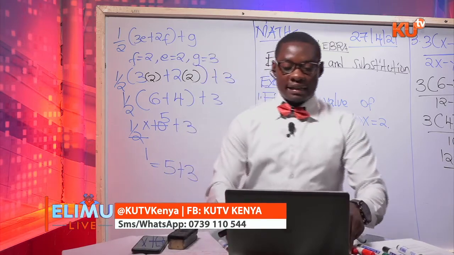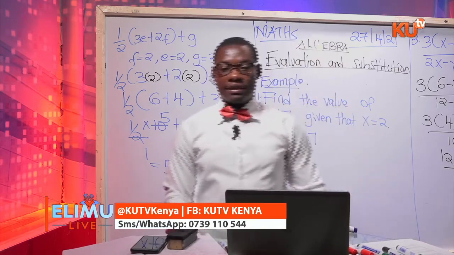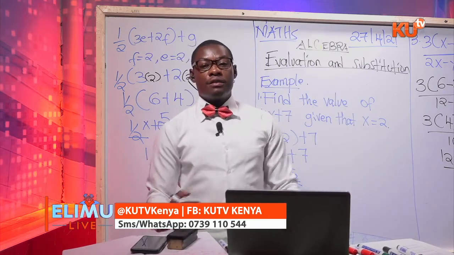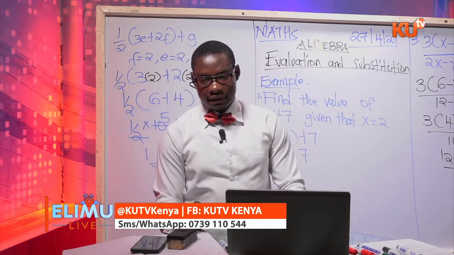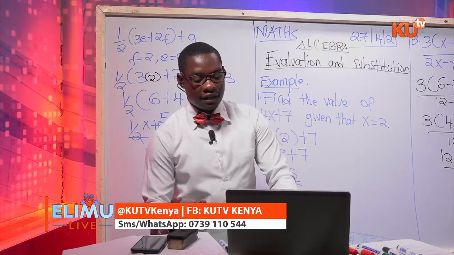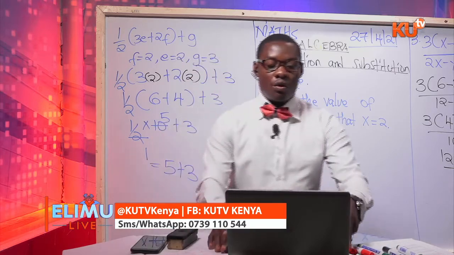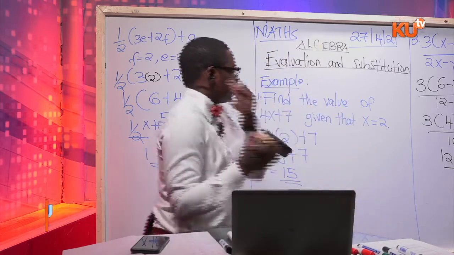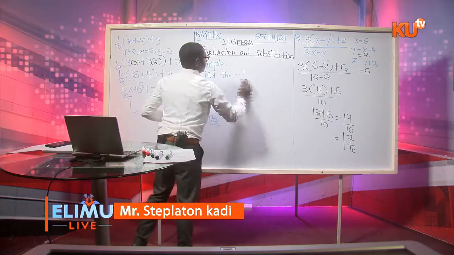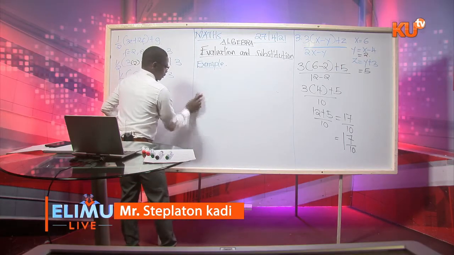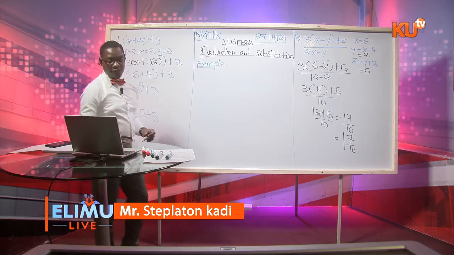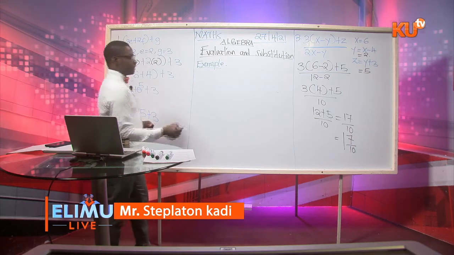So let's look at other examples also, still under substitution. Now these examples will involve things like square signs. So let's see, if you've been given a square sign, how do we go about it? So we have another example here, our example number 4, still on evaluation and substitution. We can have